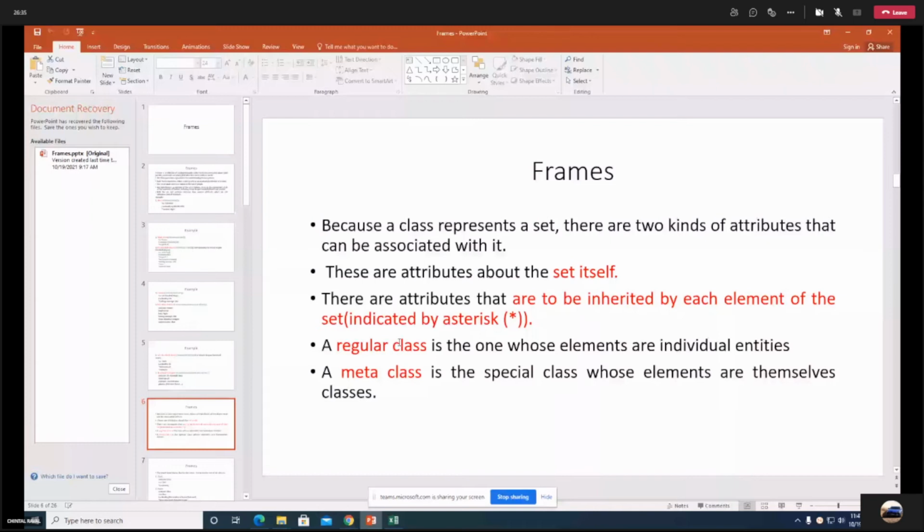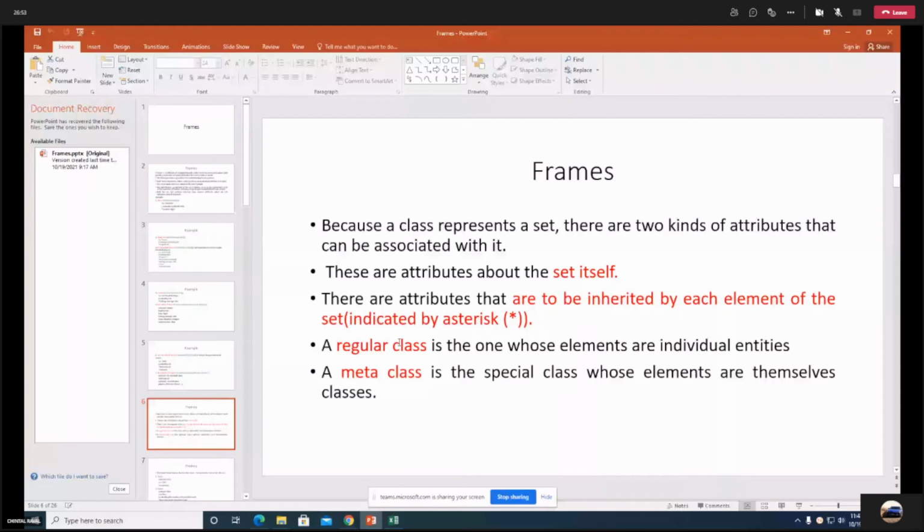So each element of this particular set must inherit this attribute. So if there is person 1, person 2, person 3, person 4, we are creating 4 objects. Then all 4 objects must have this property which is marked with an asterisk.